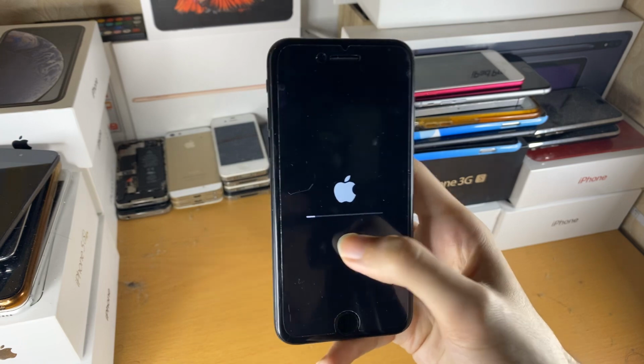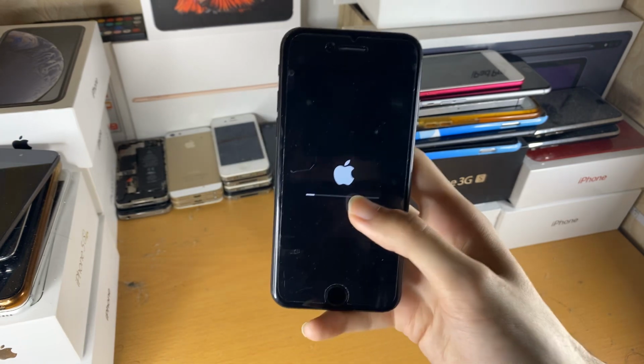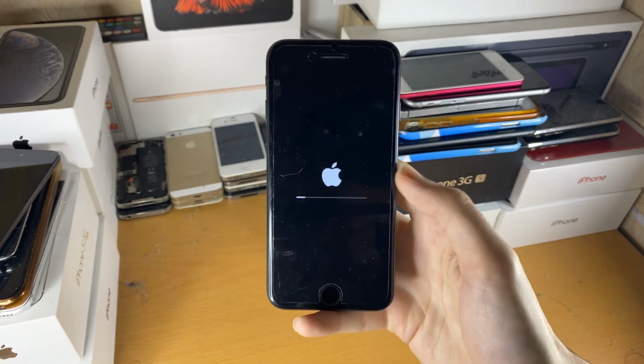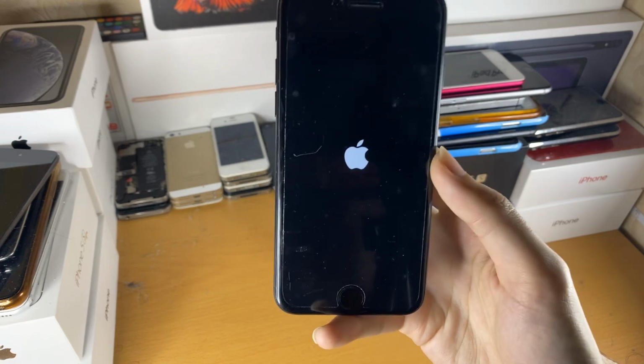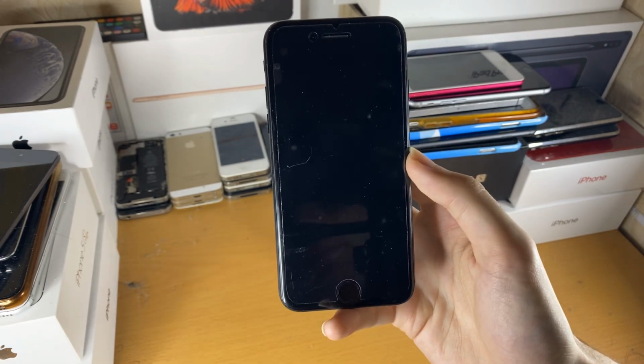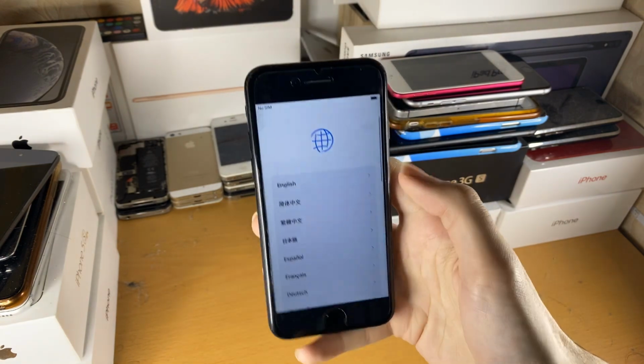So if I was to set up this phone again, I'd be brought to the home screen. However, I wouldn't have any photos available. I wouldn't have any settings available. So no Wi-Fi networks will be saved. The only way Wi-Fi networks would be saved is if you were to restore the iCloud backup onto your device. So you can see we're brought to the Hello screen, and I'm prompted to